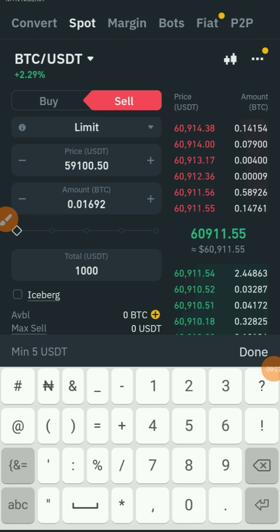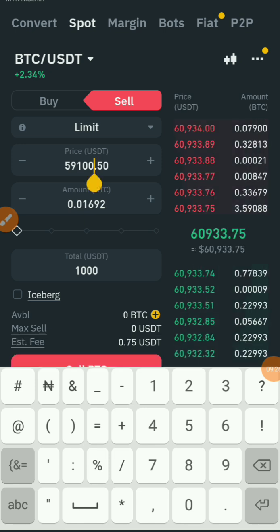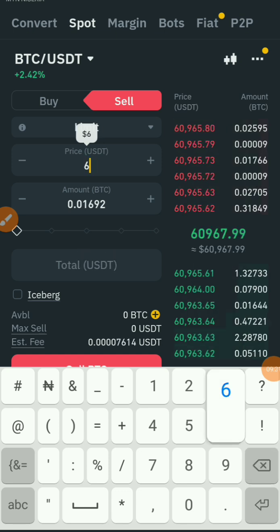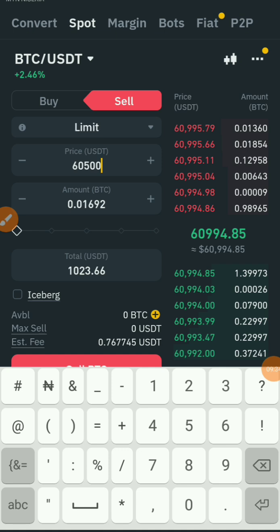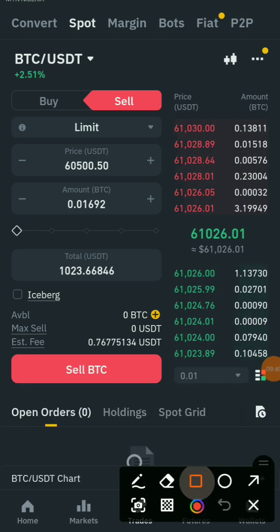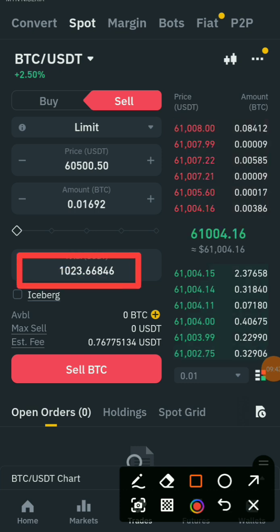You can even leave it up to 2 hours. It's an indication that it's going to go up. It's not going to go below the support level. I'm going to show you what support level is. So when it gets to this point and it starts going up, you can just buy it at 59,100 and just let it be. It's going to appreciate. Let's say it's appreciated to 60,500.50. As you can see, you have made a profit of $23 within a day,